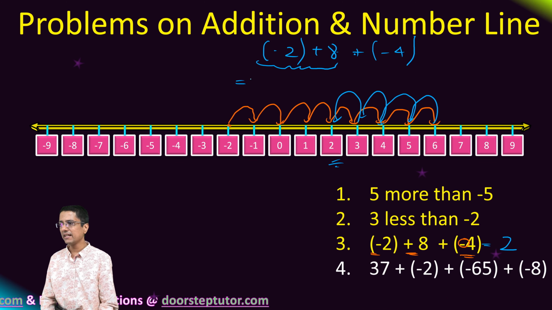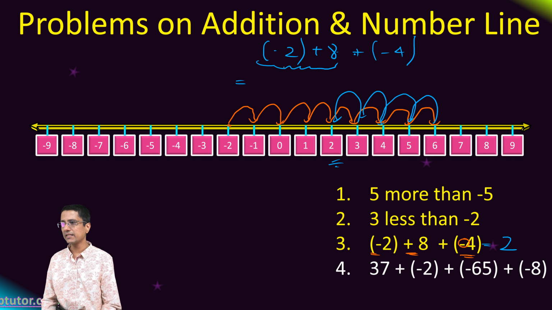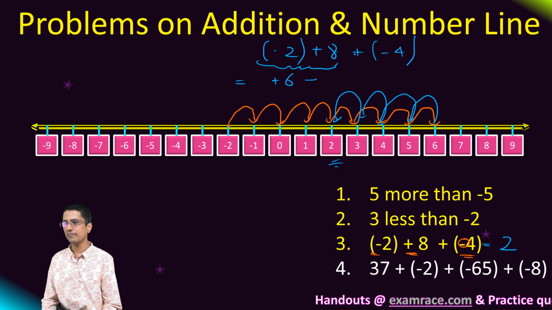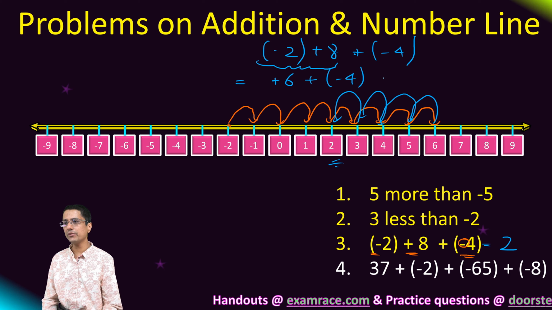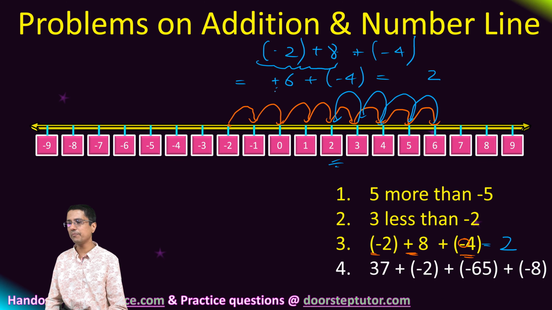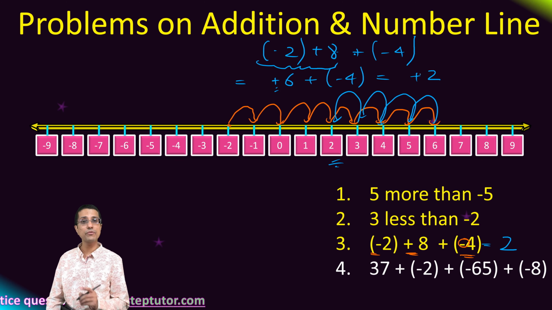And then here, since the two operands are of different sign, we will just subtract those two operands and that would be my magnitude, and I pick up the sign of the larger number operand, which is plus, and then plus -4. Again the two operands are of different sign, so we'll just take their difference and we pick the sign from the +6, which gives me the answer of +2.